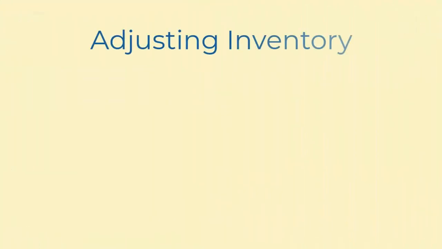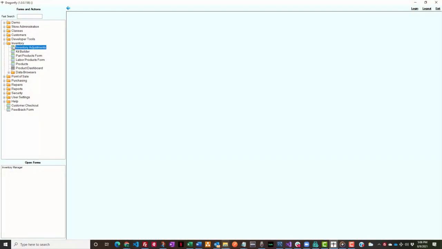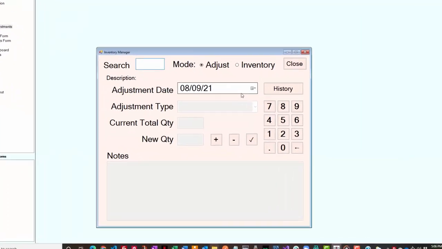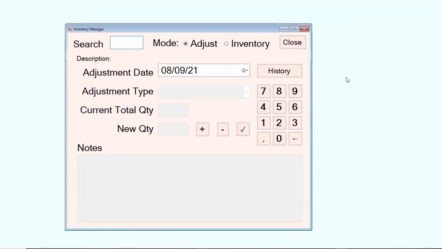As products are ordered, received, and sold, Dragonfly will automatically update the inventory to keep accurate counts of each product. In some situations, it may be necessary to adjust this inventory count for a number of reasons. The Inventory Manager form is used to make these adjustments. In this lesson, we'll look at how to make the adjustments and how to perform a store inventory with the